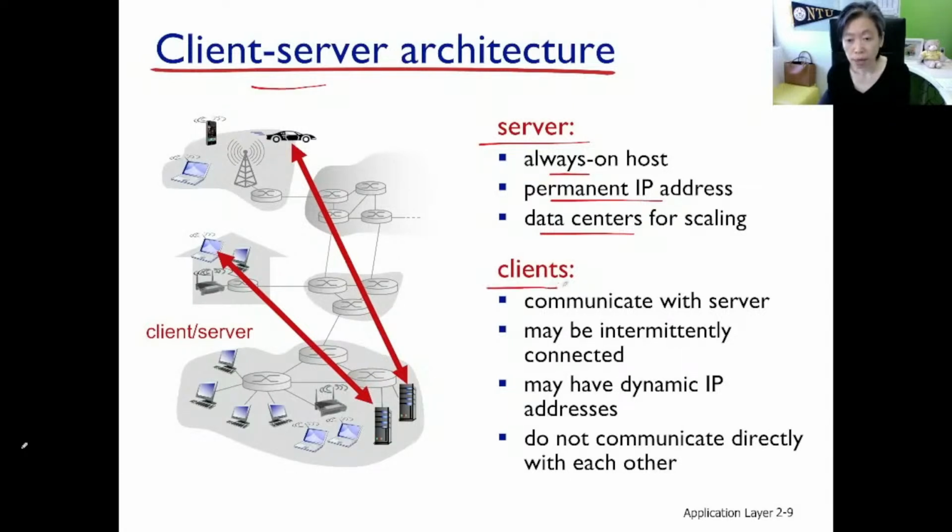Now, on the other hand, we have the clients. These are the devices operated by the end users, such as us. So these are the devices initiating communications to the servers. And they are intermittently connected to the internet as we operating these clients are moving around. And so from one location to another location, we'll be using different IP addresses. That is why the clients do not communicate directly to each other, because the IP addresses that each of these clients is using the next moment can be different.